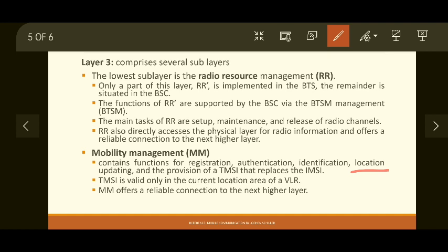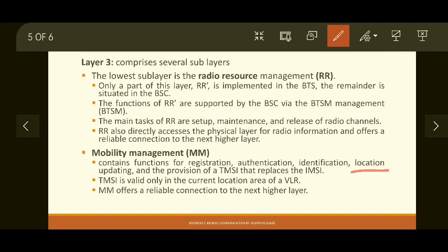And then if the user moves out of the current base station, then different numbers have to be assigned, like TMSI. That provision of TMSI is done by mobility management. So TMSI, that is temporary mobile station identification, is valid only in the current location area of the VLR.